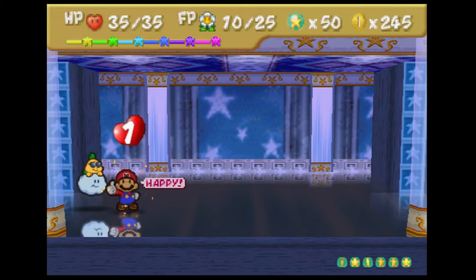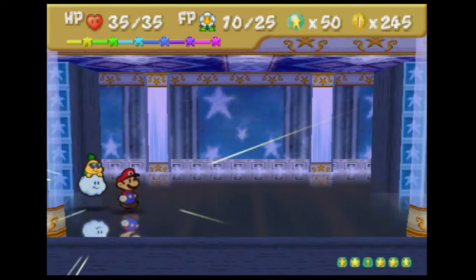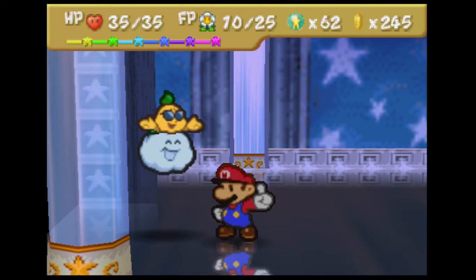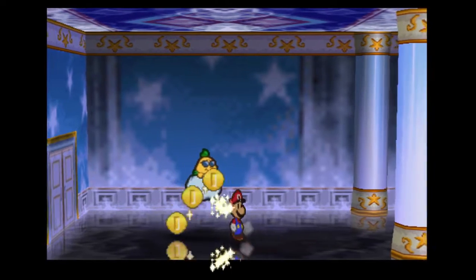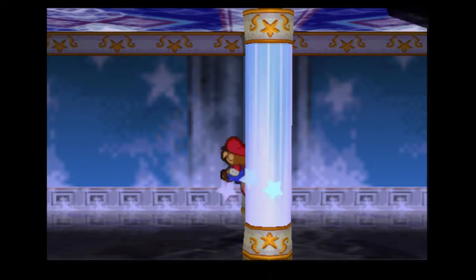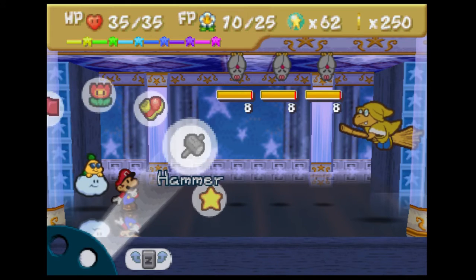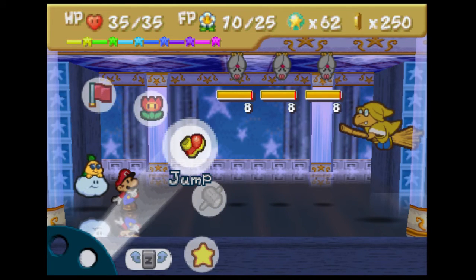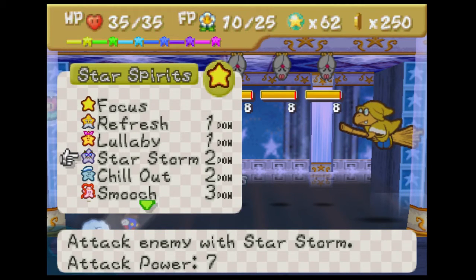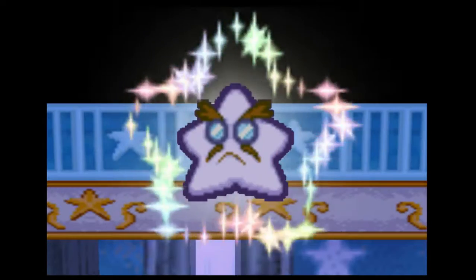So at the rate we're going, we might actually level up twice in this chapter. Oh, hello. I don't know if I'd want you to do it right then, but more star points is always good. Oh, failed that. Just after I just finished saying how easy it is to do that. Okay, we have this electric Koopa over here. Okay, you know what? We're just gonna Starstorm. Not sure why there's a Magic Koopa in here, but...